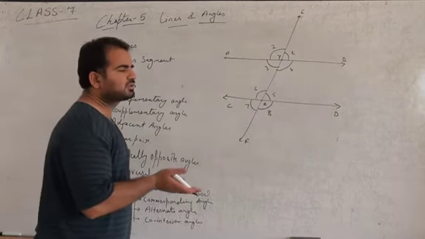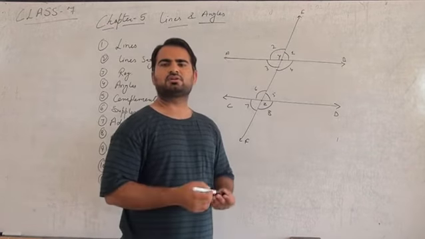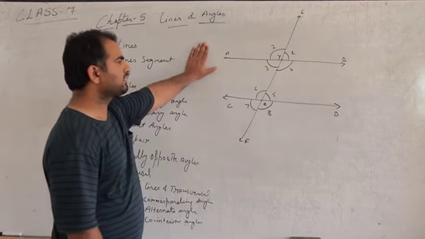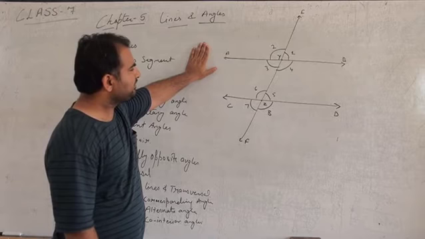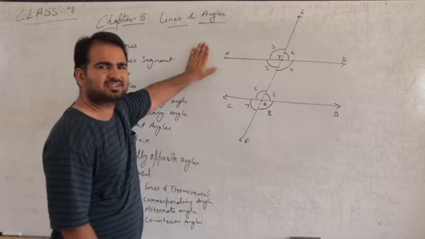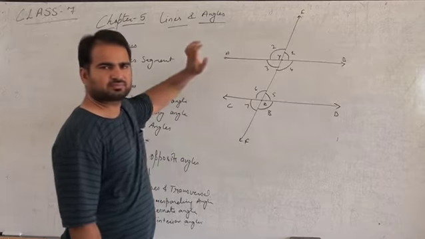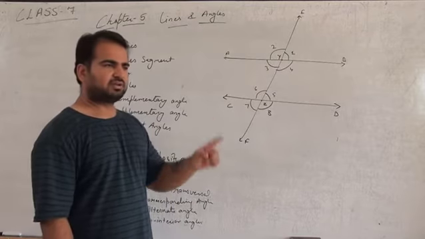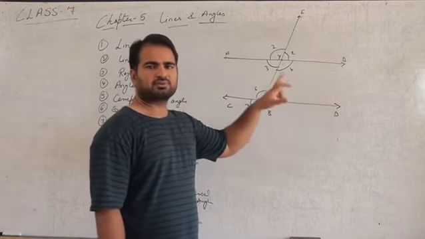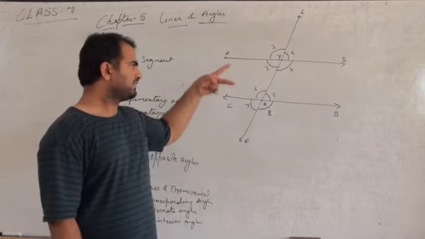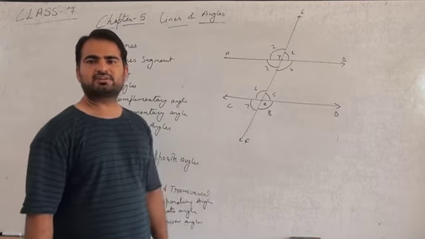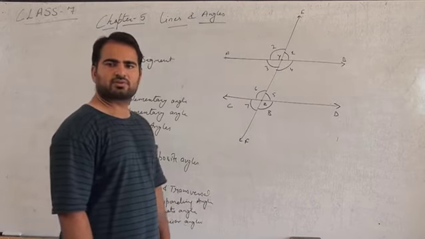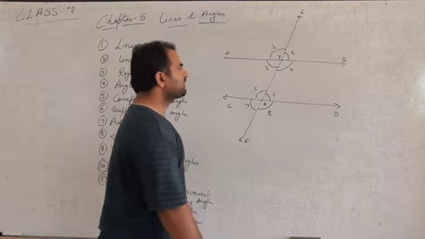Okay. What are corresponding angles? Corresponding angles are those two angles which are in the same position and at the same place on both of these two points, like angle 1 and angle 5. But you must know that these two lines should be parallel to each other. Okay, when two lines are parallel and a line intersects both of these at two distinct points, then there should be a corresponding angle.